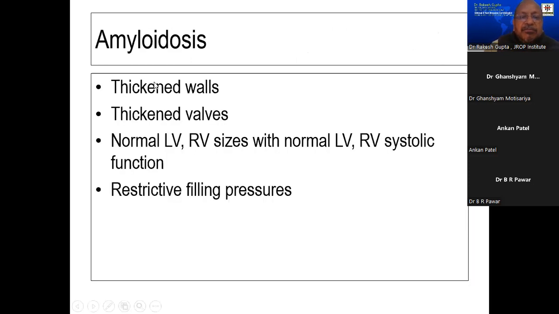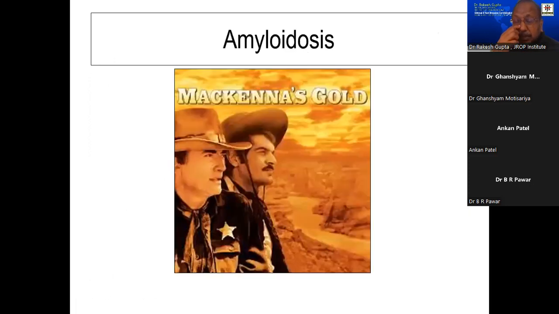So thickened walls, thickened valves, normal LV-RV size with normal LV-RV systolic function, but definite restrictive filling patterns. And I always compare this amyloidosis with this picture of 1969 Mackenna's Gold. I don't know how many have seen this picture because most of you are pretty young, not close to 50